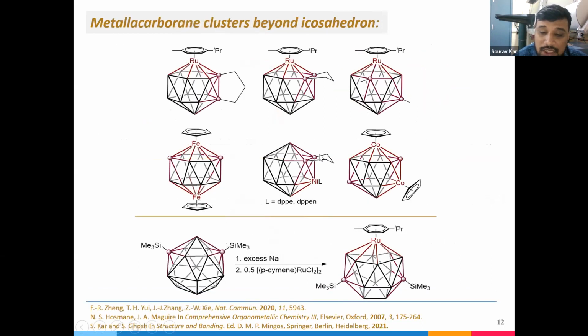Later on, Jutzi, Hosmane, and Alan Welch have isolated many more 13 and 14 vertex metallocarboranes and 15 vertex also. Very recently, Jutzi and co-workers have reported for the first time a 16 vertex metallocarborane in Nature Communications, where they have shown that